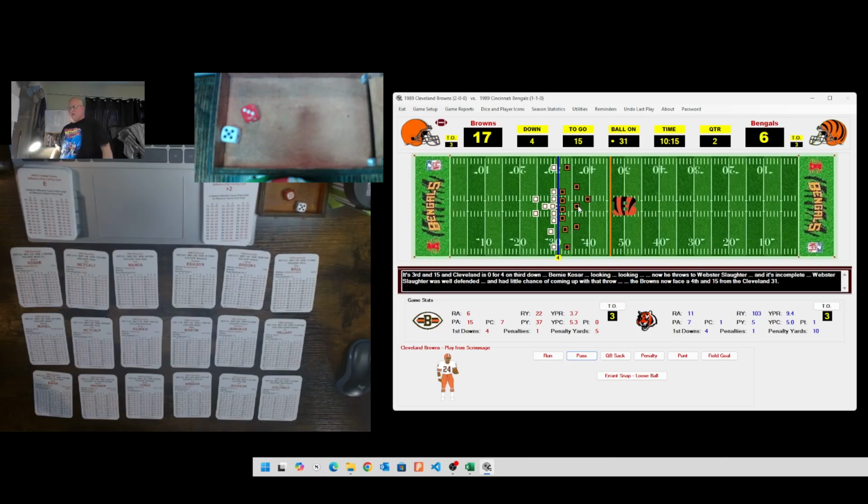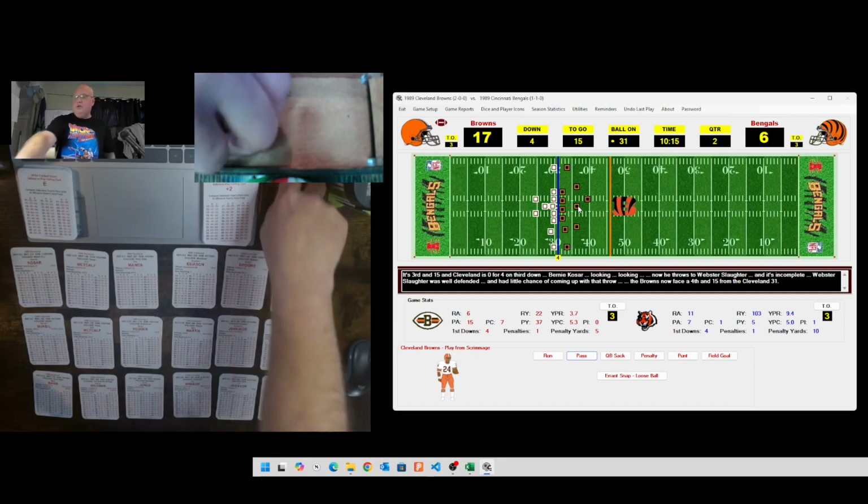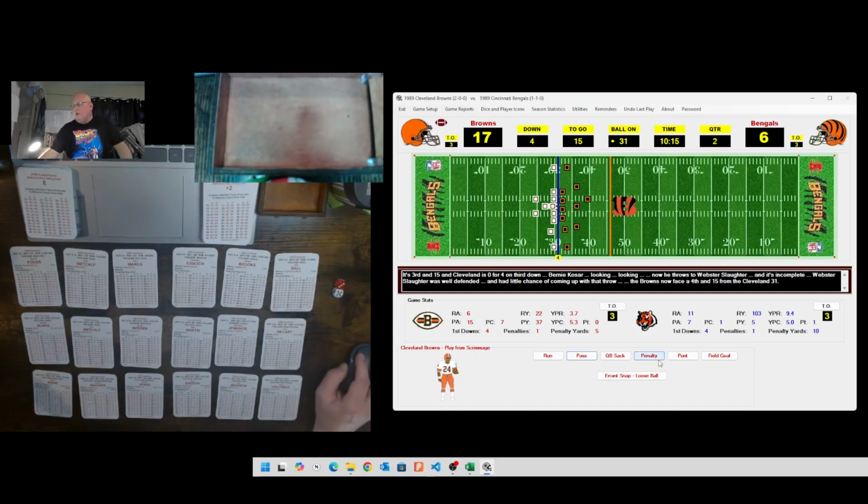Where are we at here? 30. That is a 40-yard punt, and it will be taken by Mike Martin. 40-yard punt